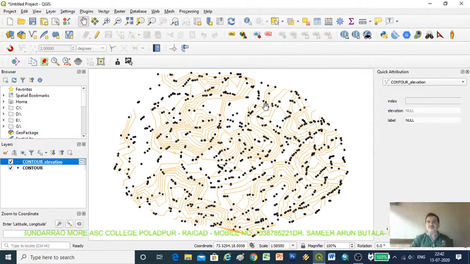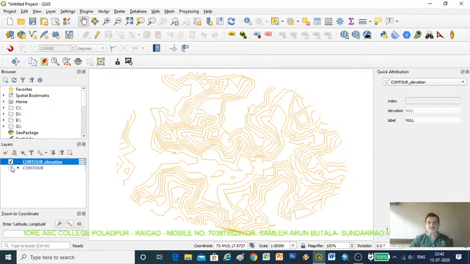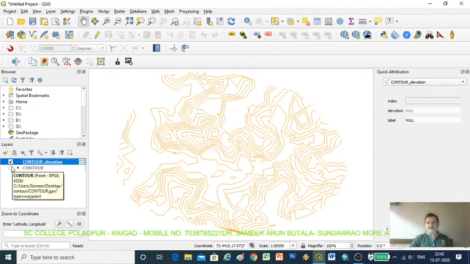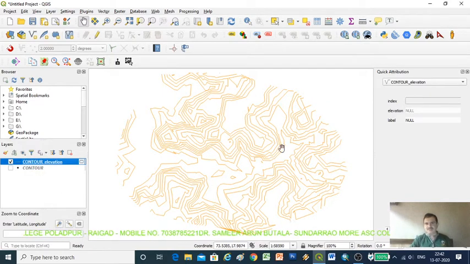So the contour is automatically generated, suppose I uncheck the contour layer, we will see there is a contour layer which is automatically generated. So we want a specific area's contour, so it is a task for a researcher. These are very easy steps, so we can generate a contour with a specific area.